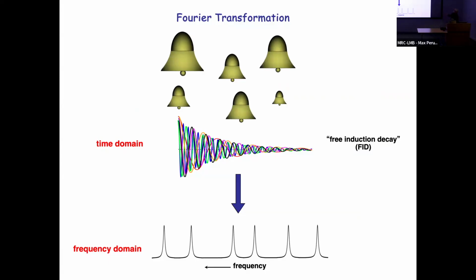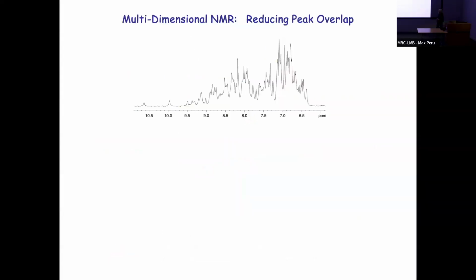We excite all spins in the molecule at the same time with a single burst of white light. It's all in the radio frequency range of the spectrum. So we get a single radio frequency pulse. We record the signal that comes off in the receiver coil, Fourier transformation, and hey presto, you've got an NMR